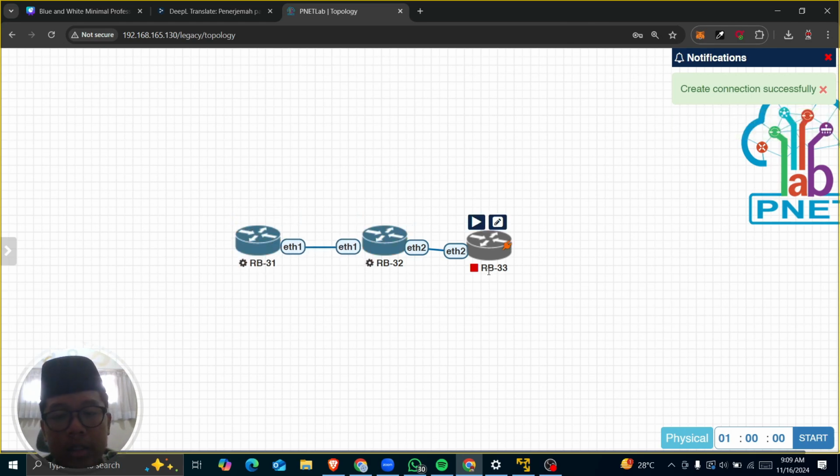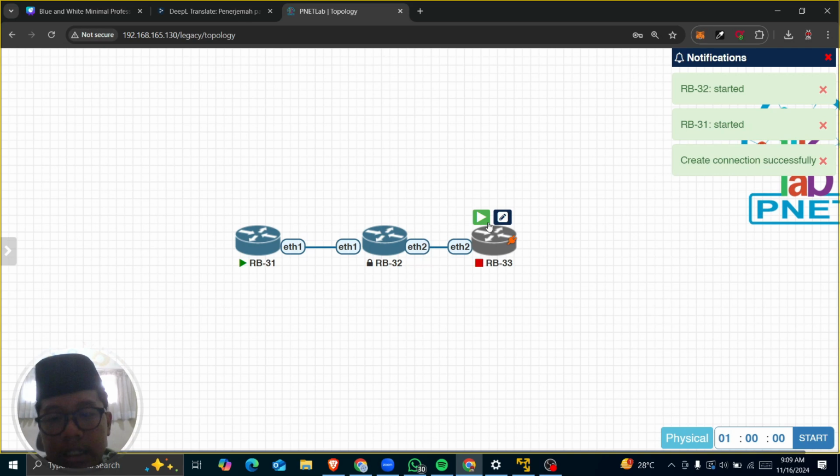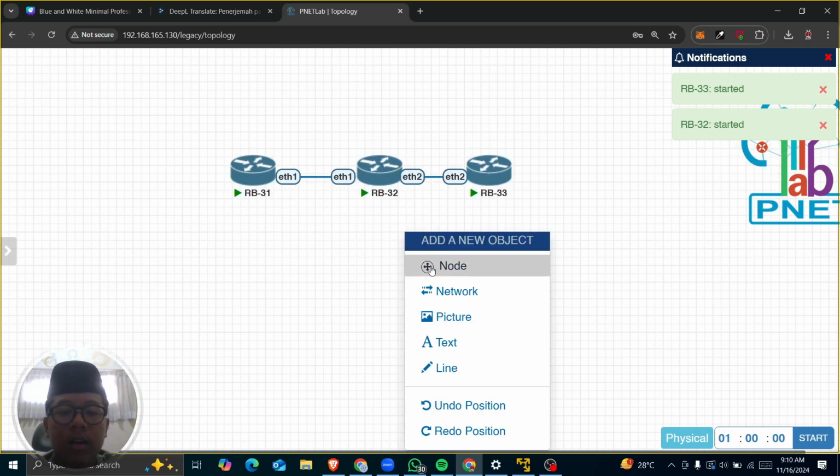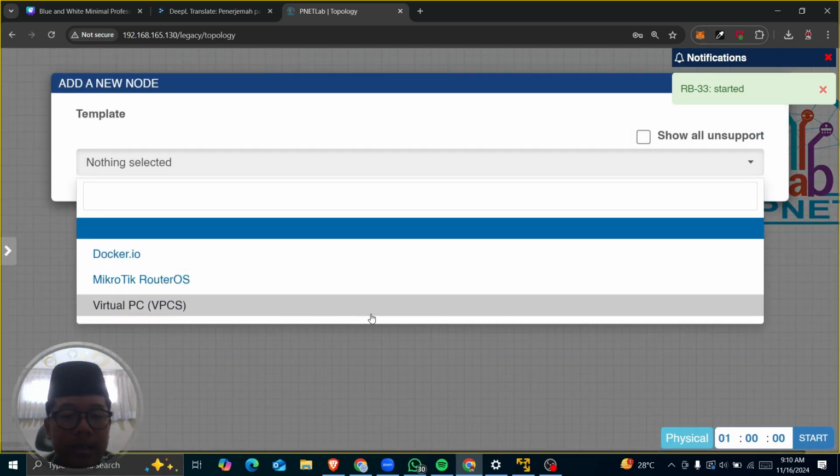And by the way, this configuration is using CLI, not using the Winbox. Okay, we're gonna add the VPC or virtual PC.